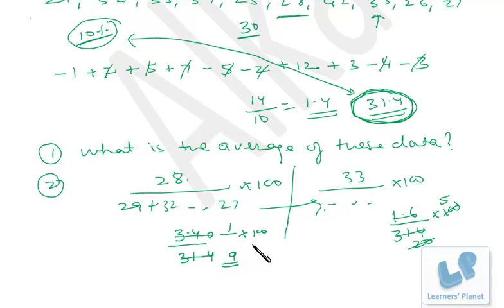Now 11% of 10 will be what? 1.1, but the calculation 28 is less than 31.4, so from 10% we need to deduct 1.1, so your percentage will be 8.9%. Okay, initially you will find it difficult, but if you practice well, you'll be able to save a lot of time in calculation. Okay, I just take a few more examples.